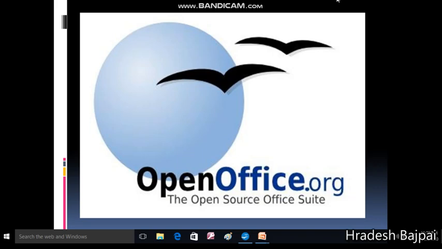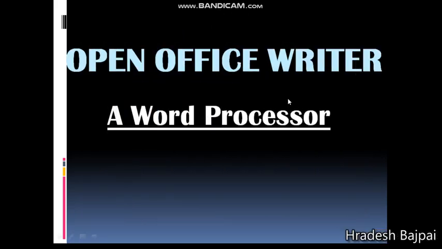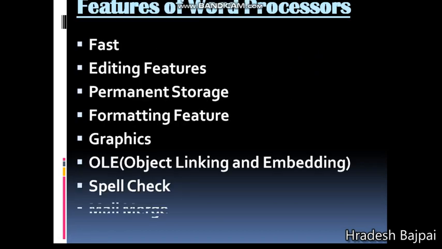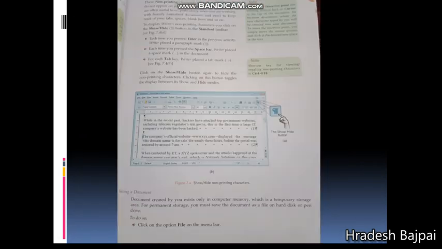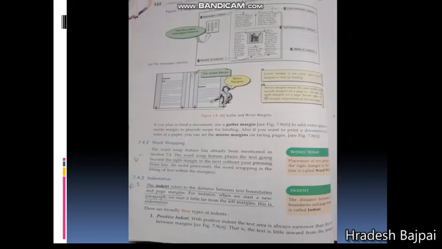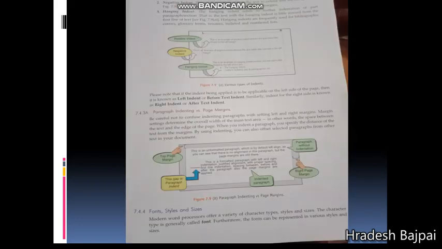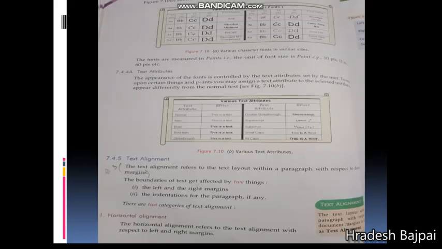Okay, so moving ahead in the chapter, today I will explain to you about some text attributes and about text alignments. Okay, so let's start. These are all the topics that I had already covered in this chapter. In the previous class I explained how we can change font style and sizes, and I revised the topic of indentation. So today I will tell you about text attributes.